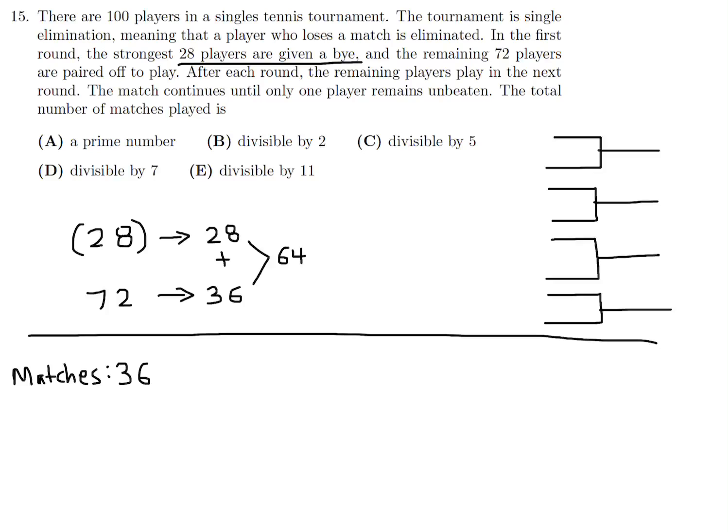players. 64 players, each of them will play each other, right? 64 players means 32 matches in this kind of style bracket. And then the next one, 32 win, so 32 advance, 32 lose, so 32 are eliminated. For 32 players, that means 16 matches, correct? And then very similarly, 16 will advance. That will mean 8 matches. 8 will advance